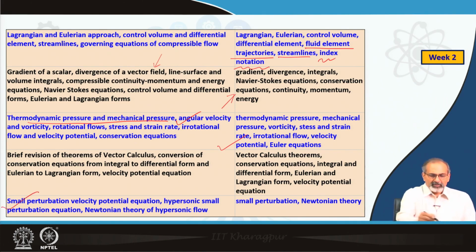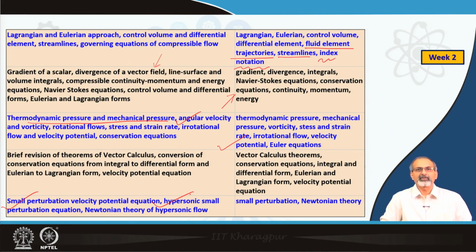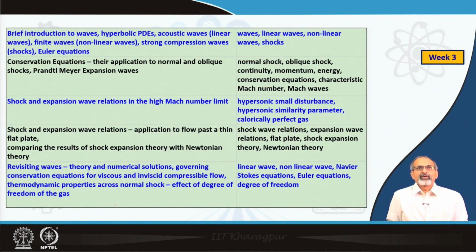We looked at small perturbation form of velocity potential equation, and then we looked at the hypersonic small perturbation equations, and this is a place where we probably realized that hypersonic small perturbation equations are a bit different from their supersonic counterpart. We introduced the Newtonian theory of hypersonic flow, and we tried to look at how the flow behaves past a thin lifting surface like a flat plate when we look at it from the Newtonian theory. In the next week, we looked at